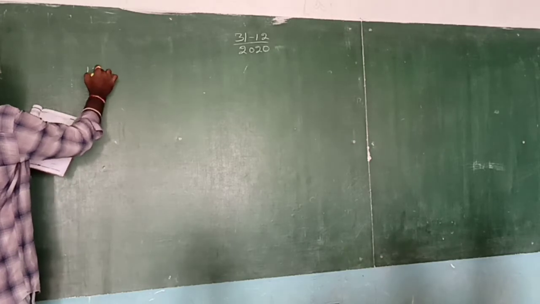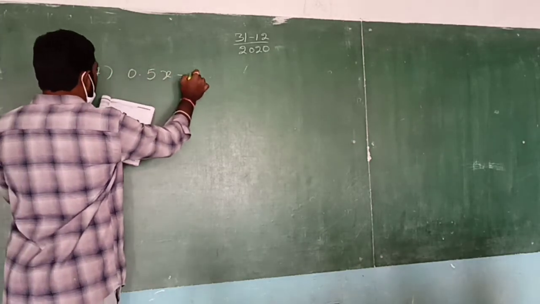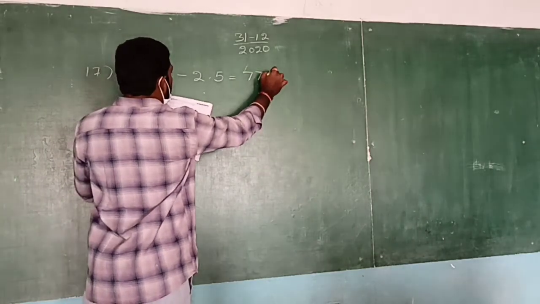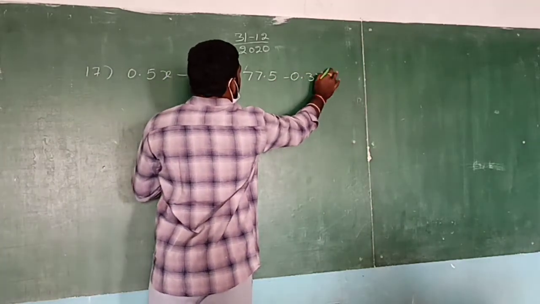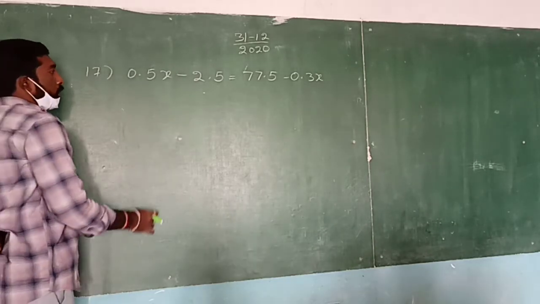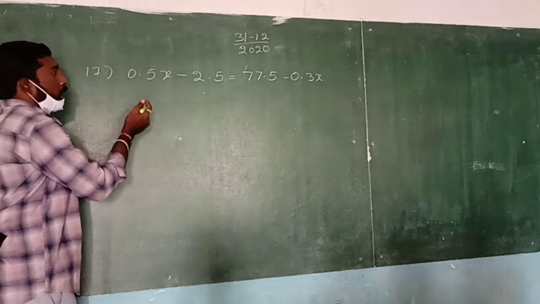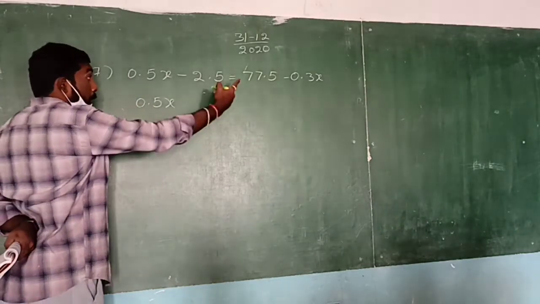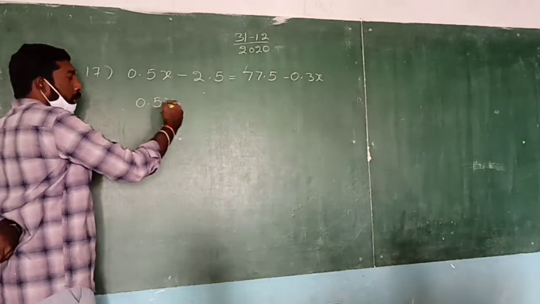The 17th question: 0.5x minus 2.5 is equal to 77.5 minus 0.3x. Okay, now x is equal to? So here what do you have to do now? Replace the variables on one side and constants on another side. So 0.5x, and the minus on the right side, if you replace it to the left side, becomes plus